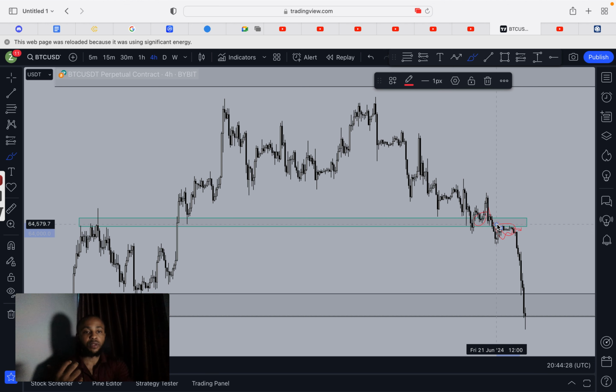So immediately we close above here, what was I waiting for? I was waiting for it to get back inside, you understand? It should just get back inside, retest this level, then I'm going to take the buy with how many percent of my account here? Probably 2% or even 3%. Yes, it's a high conviction trade. So that's what I do, and it's a high probability trade.